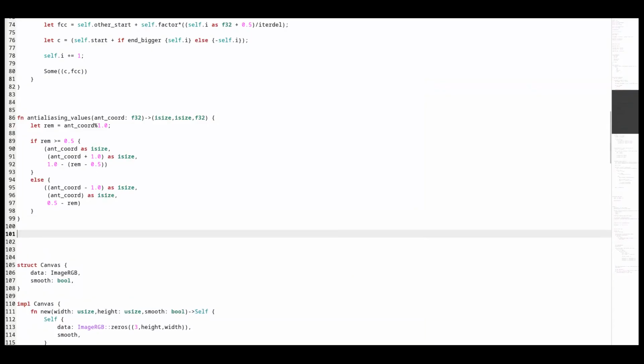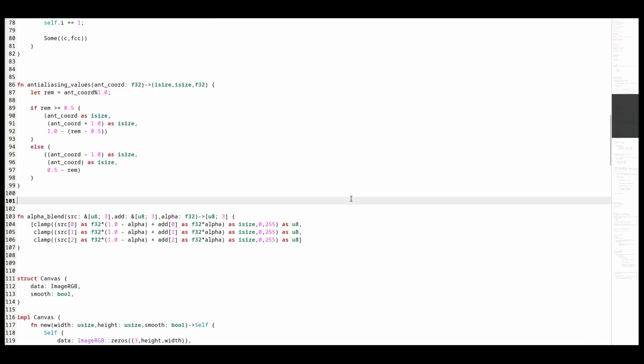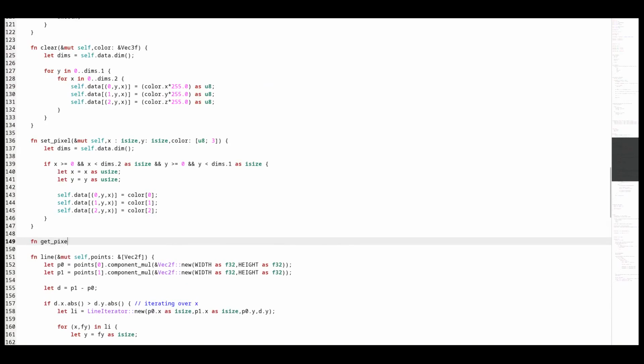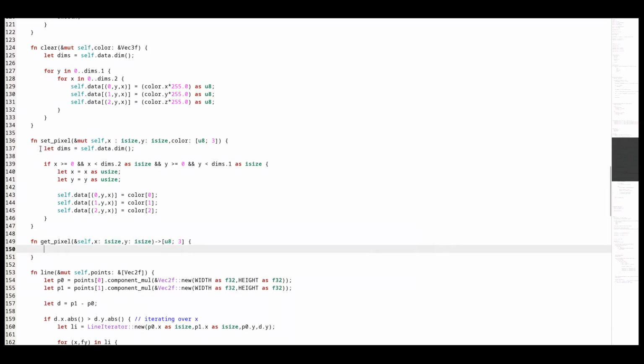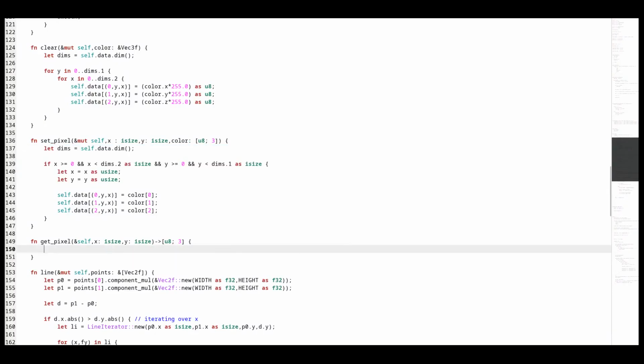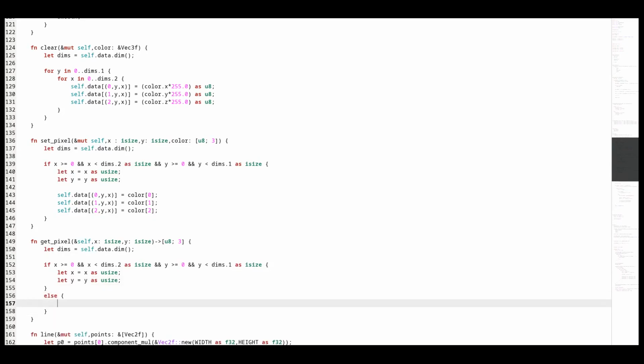Let's fix this. We need a function for alpha blending. Also, we need a function to get the pixel value. If the coordinates don't fit, simply return a black pixel.